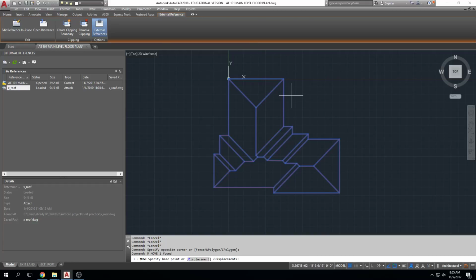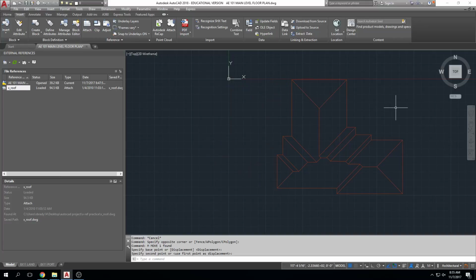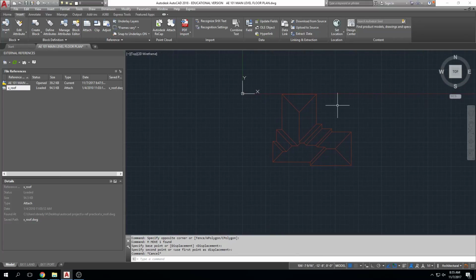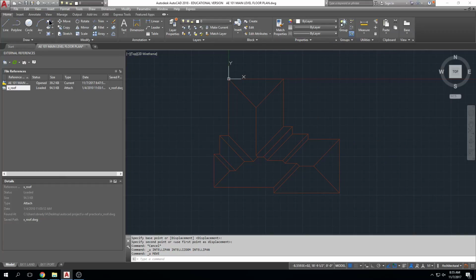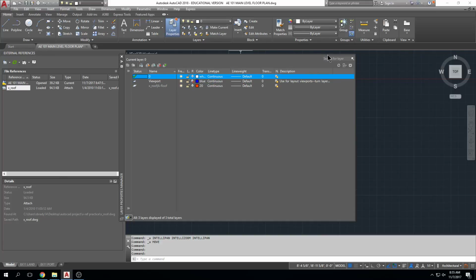But if I move it, if I rotate it, if I copy it, then it's all going to move as one piece. Now, let's look at its layers. I said Xrefs remain separate from the file that they're attached to. So if I click on Layer Properties, I do notice that I have a weird-looking layer down here. It has a prefix on it, and it's grayed out. And that prefix is the same name as my Xref. So that indicates to me that this is a layer from the Xref